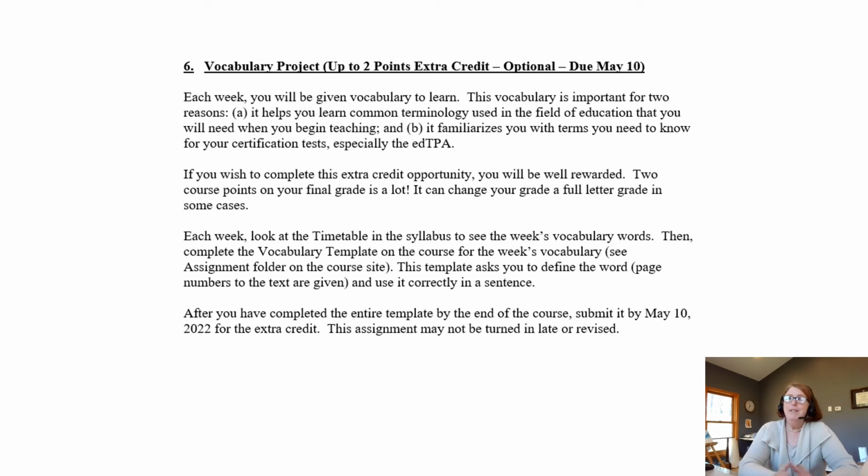And that might make the difference between you getting a B and a C or an A and a B. If you're, for example, at a 79, you're at a C+, but if you do this and it bumps you to an 81, you would get a B- in the course.